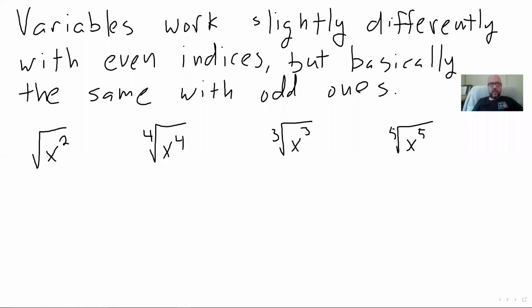Everybody, I want to talk to you today about how to simplify radicals. So let's go. I'm assuming you know what square roots are,